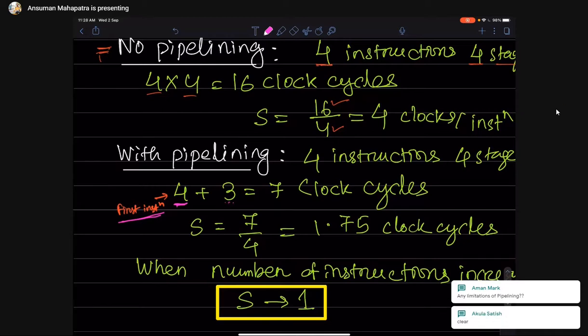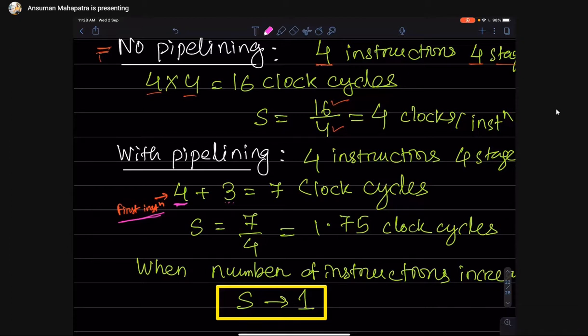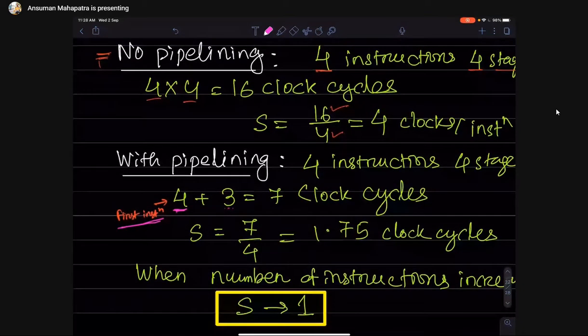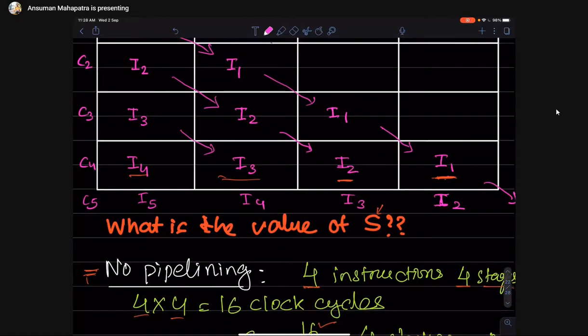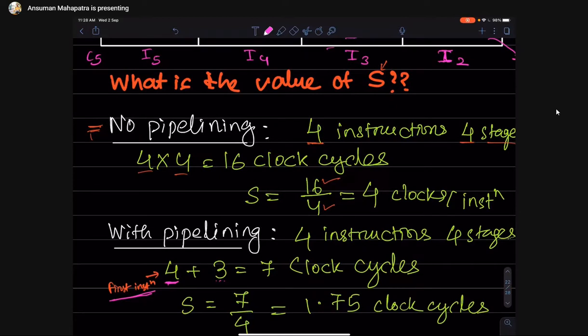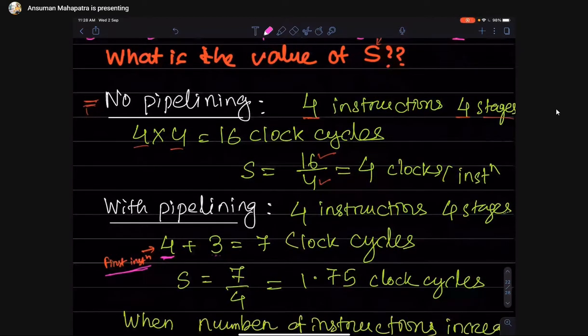Limitation of pipelining. Yes, there are limitations that we will see. Currently there is no disadvantage, only advantage. To make it more efficient, we will see what we can do with pipelining. The only disadvantage is that if I1 and I2 depend upon each other, then there will be a problem. Suppose I1 and I3 are dependent upon each other, that we will see at the end of this chapter, or maybe when we read pipelining in detail.